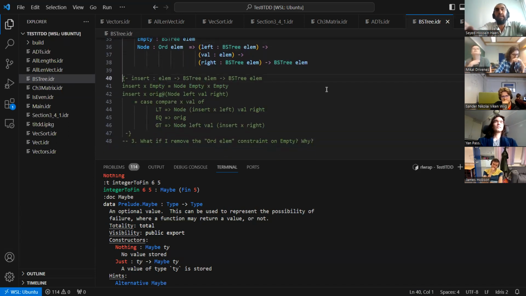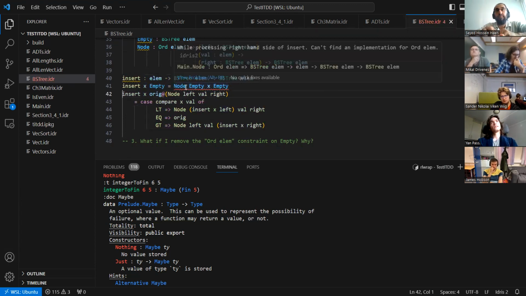If I now uncomment this bit, then I get this problem. In this case, there is no requirement for LM. There is no proof that LM is ordered. That's what is missing. Now I leave it to you to figure out how you would, if you want to,